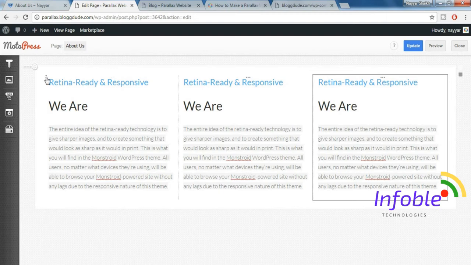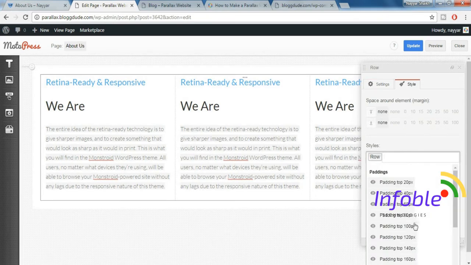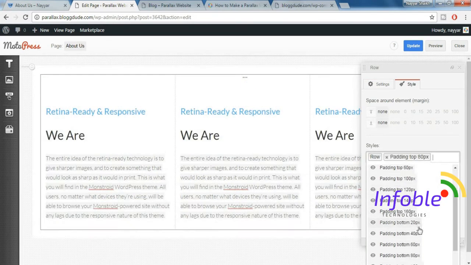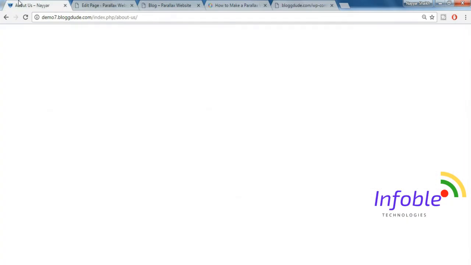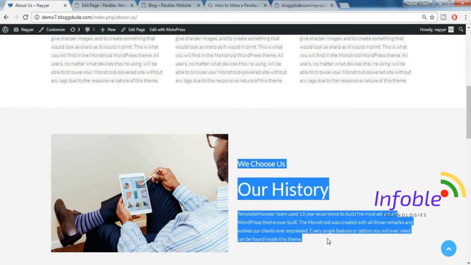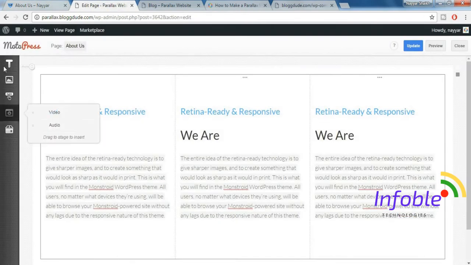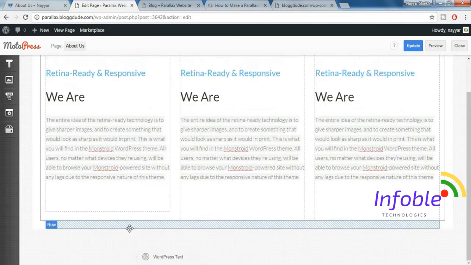Now select the row setting. This should be fixed width, and both top and bottom padding should be 80. Okay, now cancel this. After that we have an image and again some text. So first let's copy this text. Hover here, select WordPress text, scroll down,